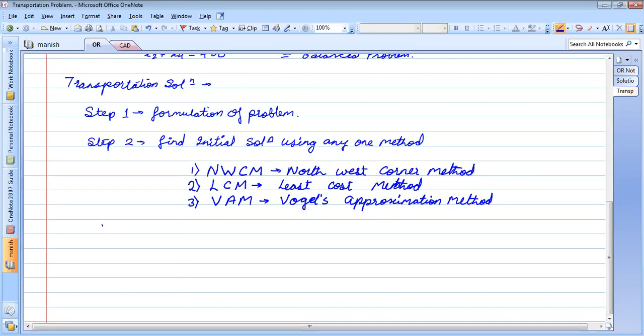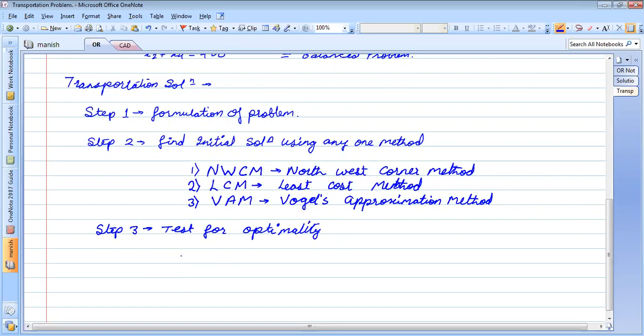After this, we have step number 3, test for optimality.